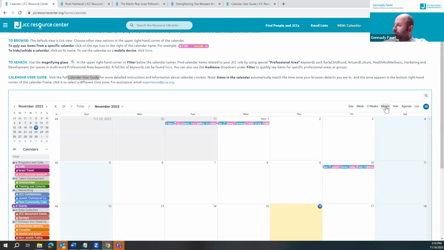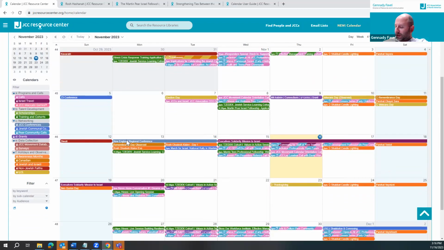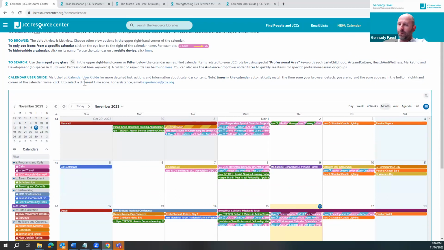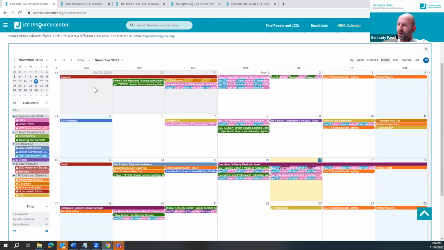So that's pretty much the functionality of the calendar. There's also an opportunity, if you want to submit items from your JCC to be included in the calendar. The guide of what we would include is in the user guide, of course, but I'll just give a quick summary here. The calendar is for all JCC professionals at all 172 JCC community centers and camps. And the kind of things that we would include in the calendar are things that will be an opportunity not just for your community in JCC, but for others.